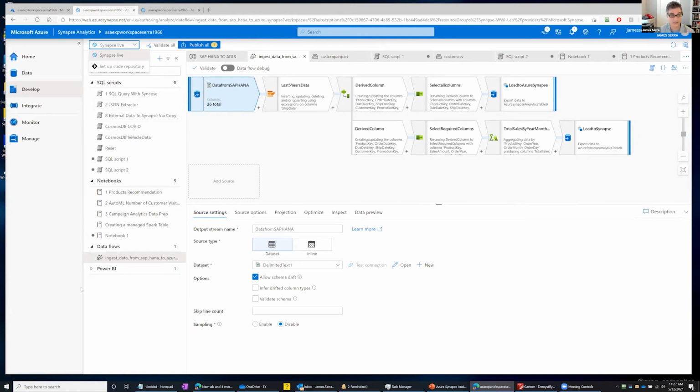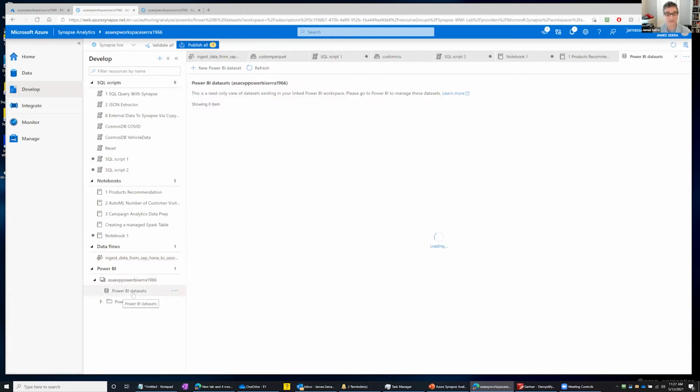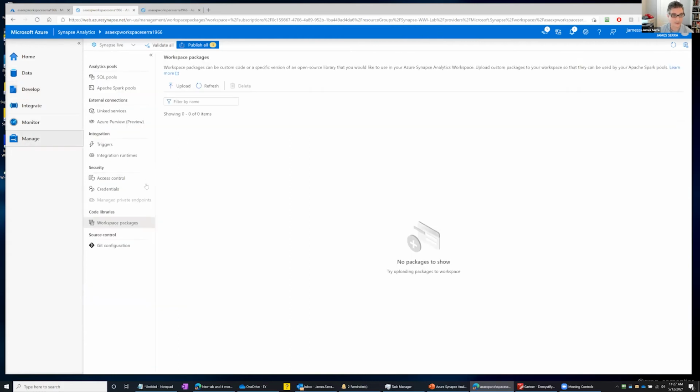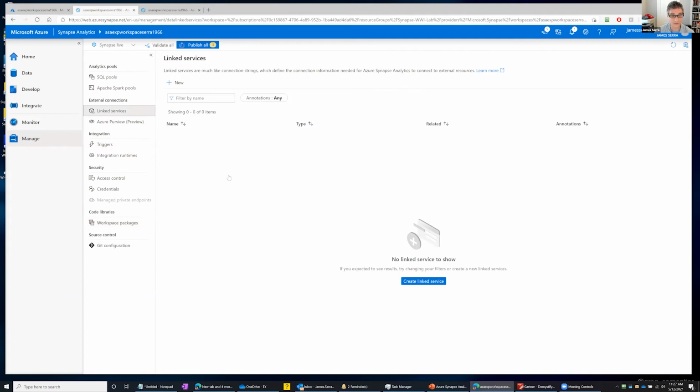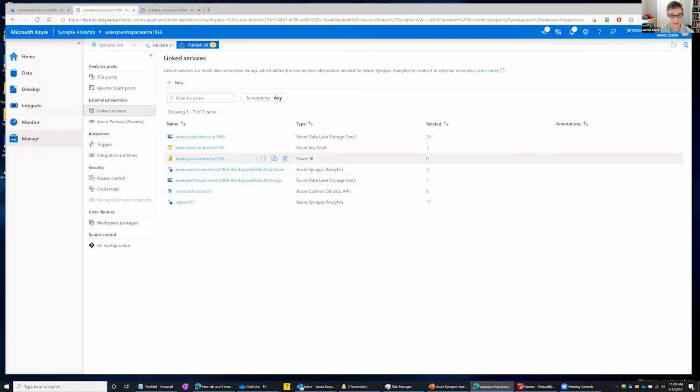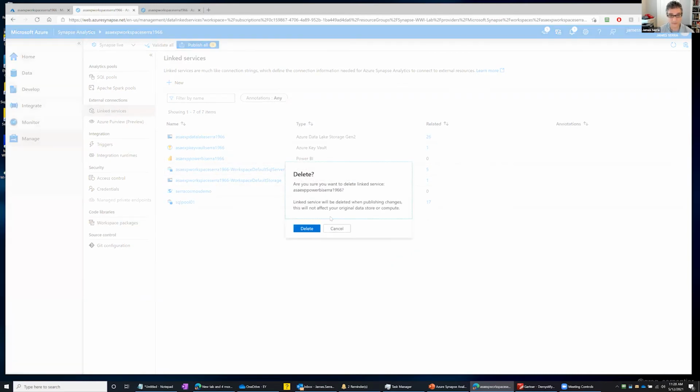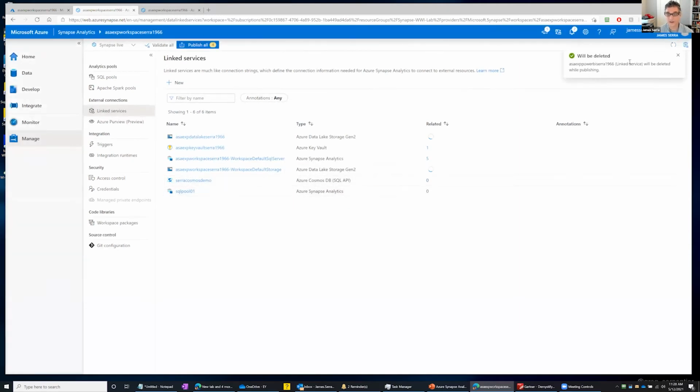Now you also see this Power BI option on here. What this allows me to do is use Power BI within the product also. And you can see here are the data sets that I've previously created. And then there's Power BI reports. Of course, it's going to fail. So let me go back and show you how that works. If I go back to the linked services, you'll see I have Power BI on here. So let me just remove this and I'll add it back in here.